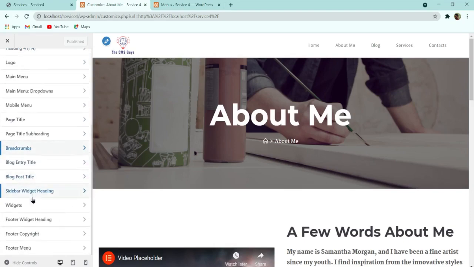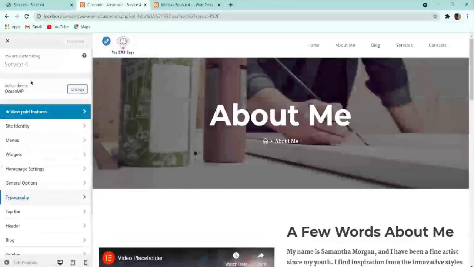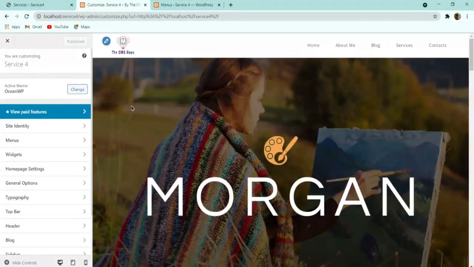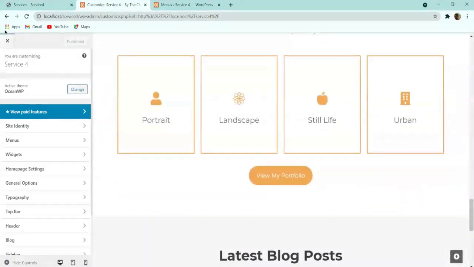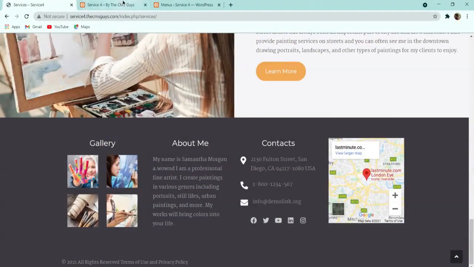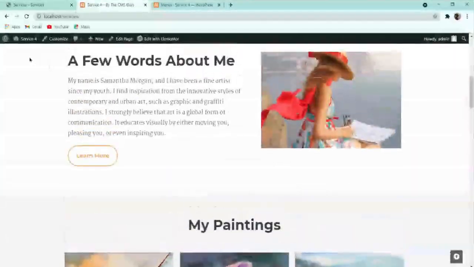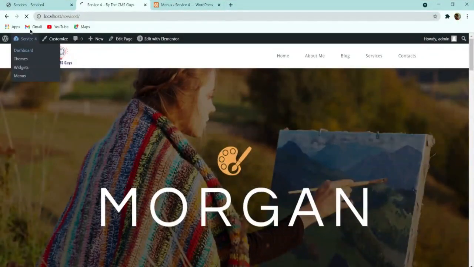After that, everything is looking good, so I don't need anything changed over here. So just go back. And the last part which is present over here is we have to design this footer. You will get a footer template also, but let me show you how you can change this footer also.